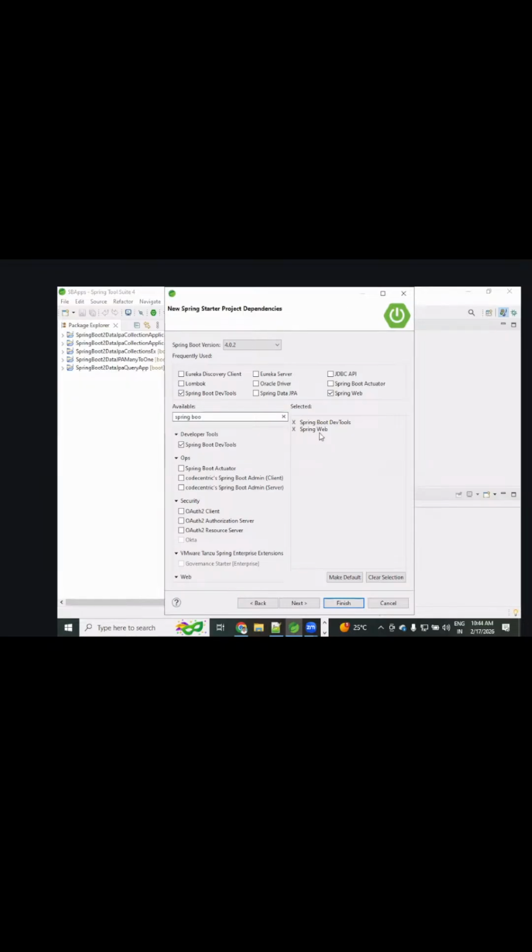And the Dev Tools. Next what? And finish. Simple application. Only one file. That's it. There is nothing here. Two minutes development. Not much. Over.